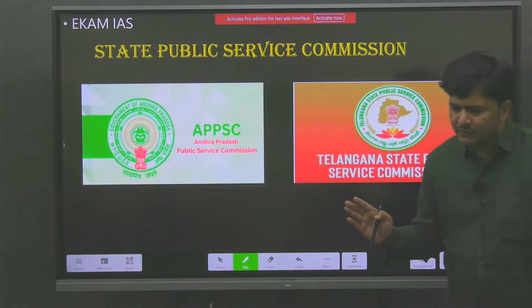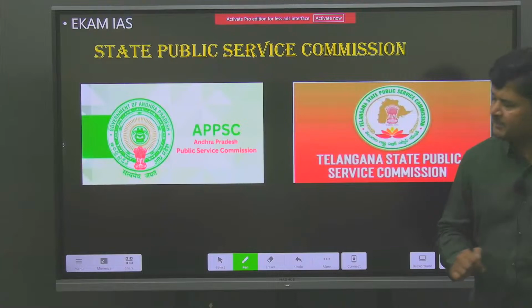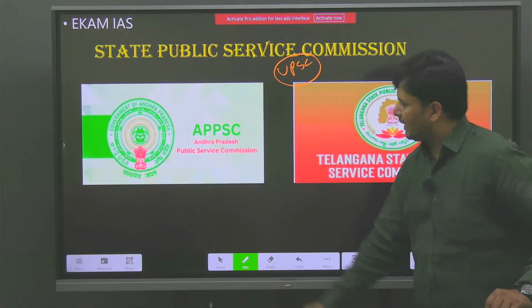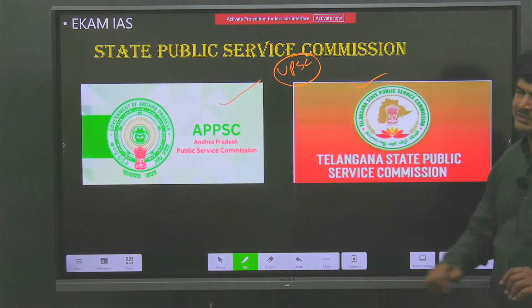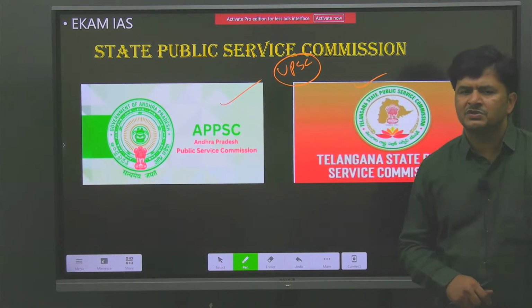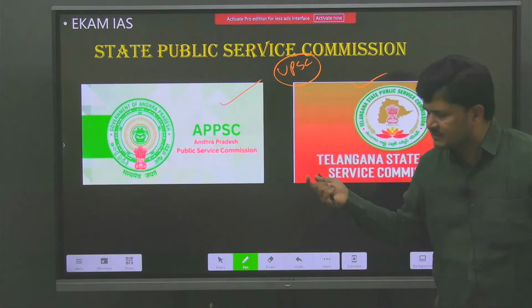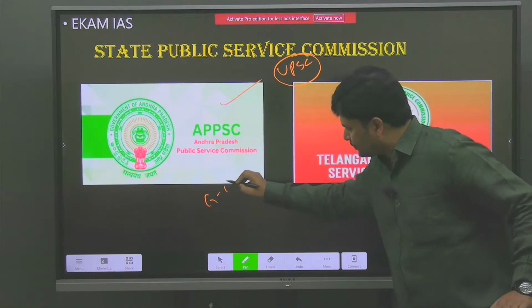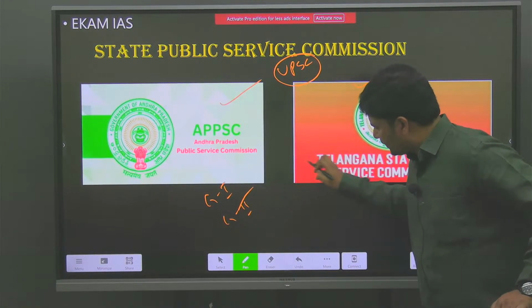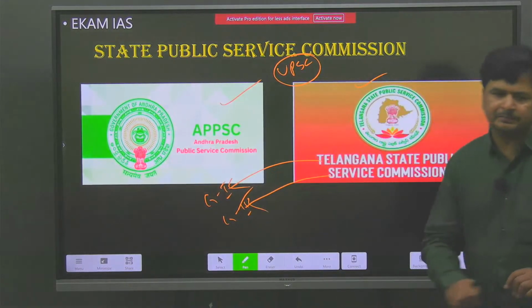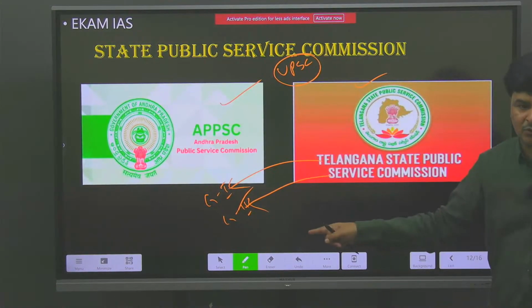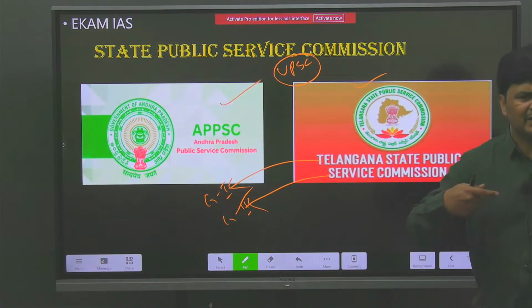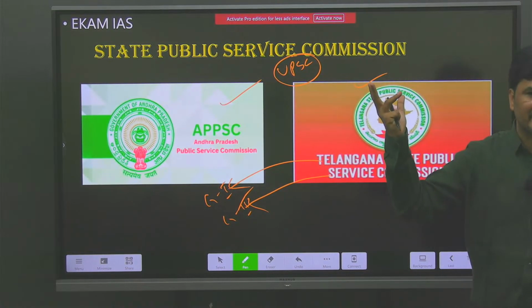Now, another advantage if you opt for history as an optional, besides UPSC, అర్థం చేసుకోవాలి, besides UPSC, the optional history also helps you in the state public service commissions. Same, what we call as syllabus, in Group 1 APPSC, Group 2 APPSC, Group 1 TGPSC, Group 2 TGPSC. So I'm not instructing you people to prepare for groups. No. My point is, when you read the history syllabus, the vast syllabus for optional level,